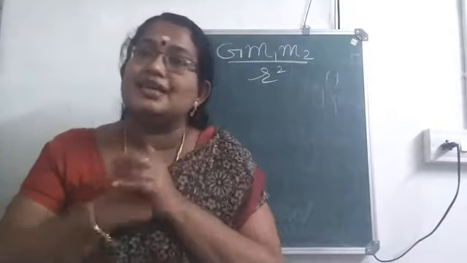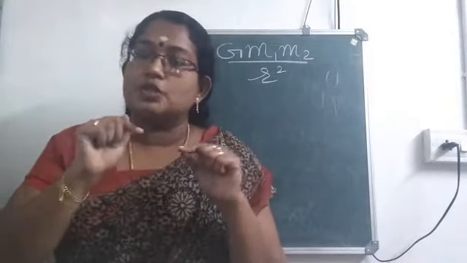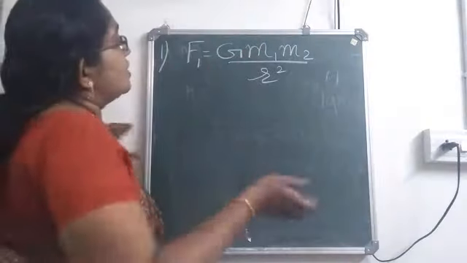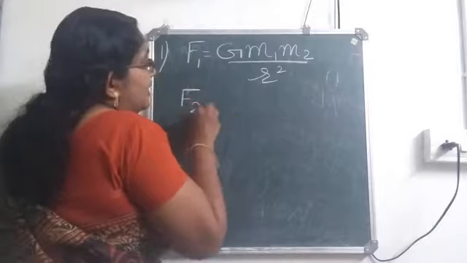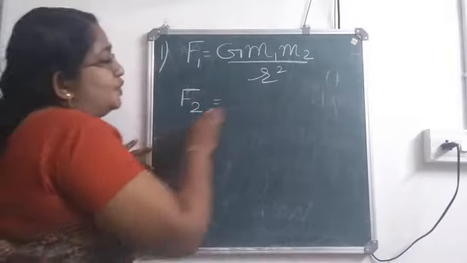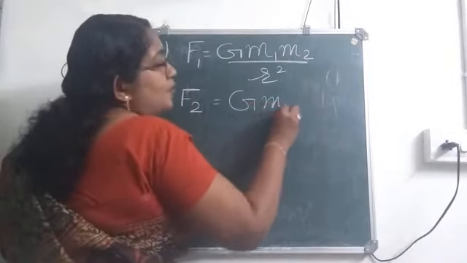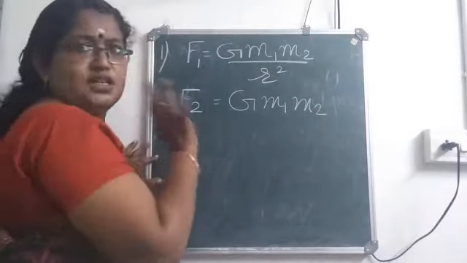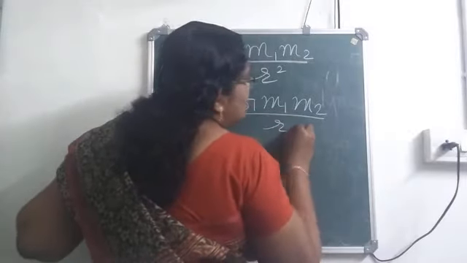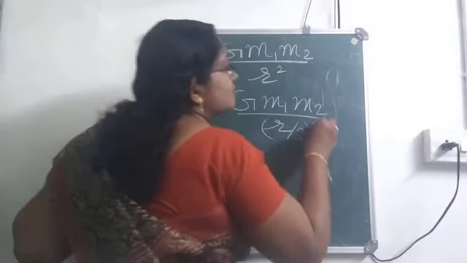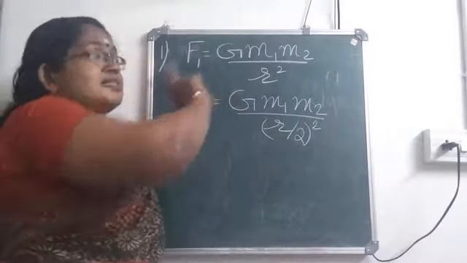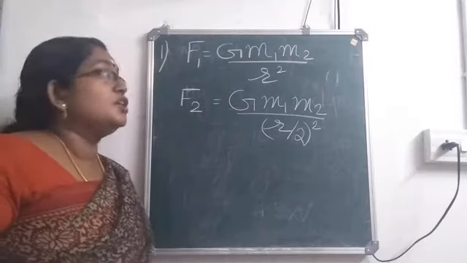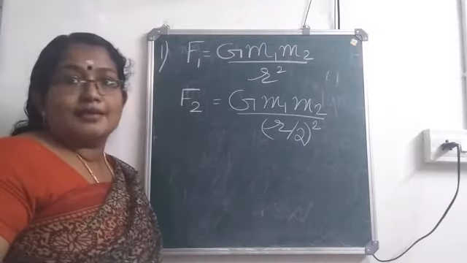Now what is the second thing given in the question? What happens to the force if the distance becomes half, isn't it? If the separation is reduced to half. So in the second case, let me write the force as F2, and we are considering the same bodies, so M1 and M2 will be as such. G is a constant. And what is the change? R will become R by 2. First is the standard form. In the second case, the separation is made into half, so R will become R by 2.